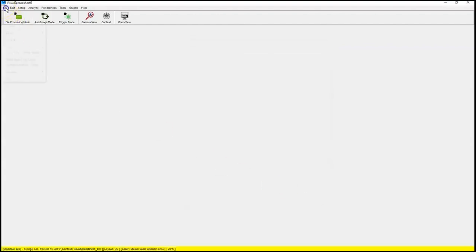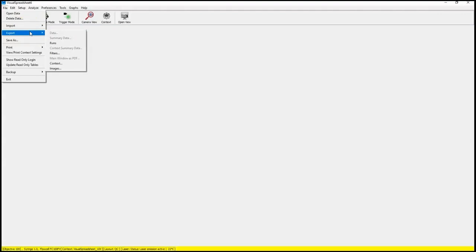The Import option enables you to import FlowCam data from external or shared drives, while the Export option allows you to move the various types of FlowCam data to external or shared drives. You can also export the main window as a PDF from this Export option. Selecting Save As allows you to save a copy of your run with a unique name. The Print and View Print Context Settings options allow you to view and print the main window, setup, and context details. The Backup option presents choices for when you would like the software to perform backup protocols, and choosing Exit